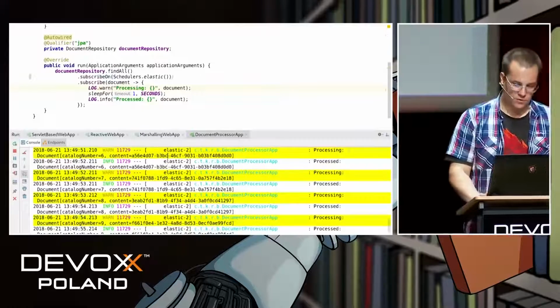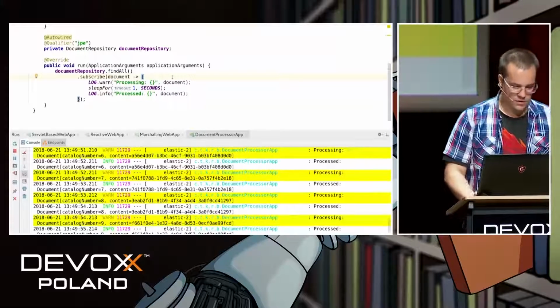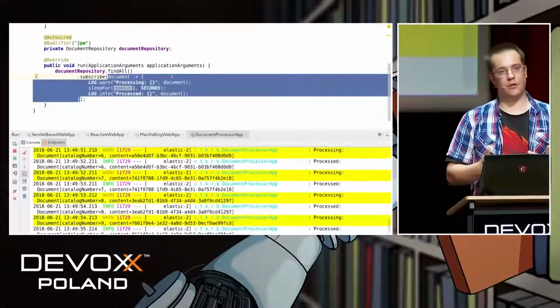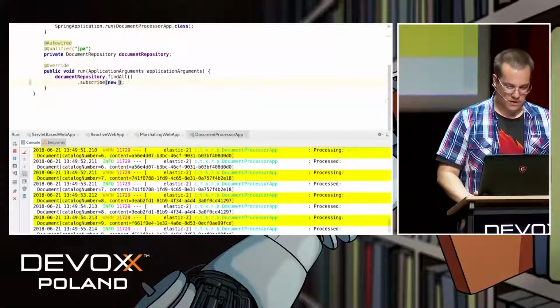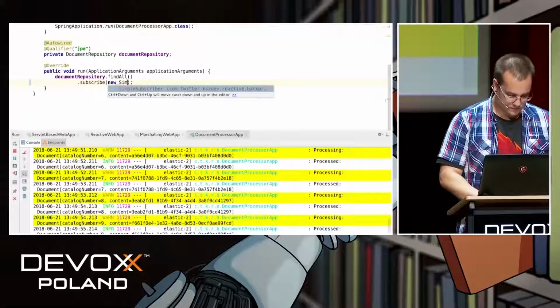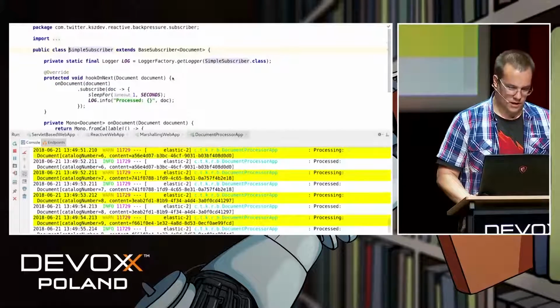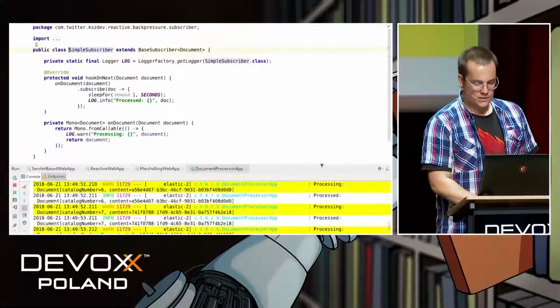Of course, if we don't try to hack it, and we will try to hack it a bit. So what we will do here is we will move this logic to a different class, and we will add a bit of hacks there. So let me move to the class. This is a class that I have written, and this class does